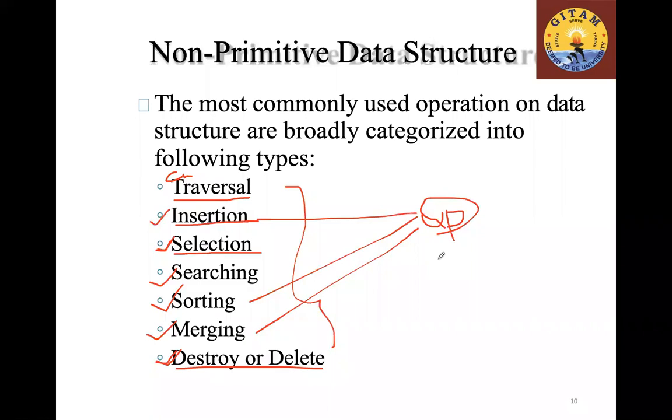Now tell me, what is the difference between primitive and non-primitive data structure according to this? What you can do with primitive and what you can do with non-primitive in common? If you don't open, I will not proceed. I think I have told you many examples for non-primitive so that you can understand what everything in this means, the points.